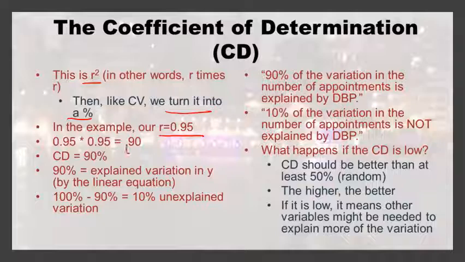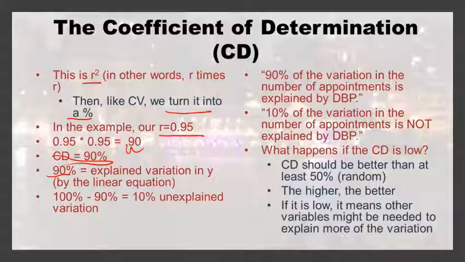You move the decimal over 2 times, or times it by 100. So we have 90%. That's our CD, our coefficient of determination. Now, what does this even mean? Basically, this means that 90% of the variation that's happening in this data set, on the scatter plot, 90% of the data can be explained by our